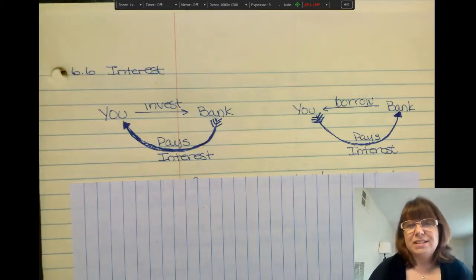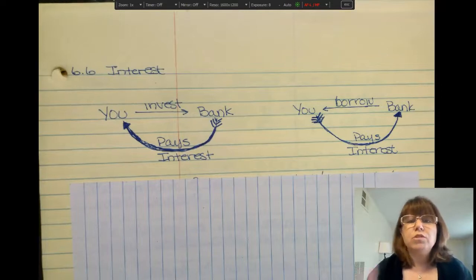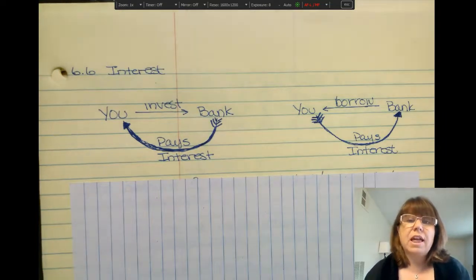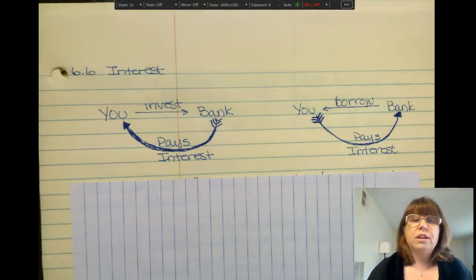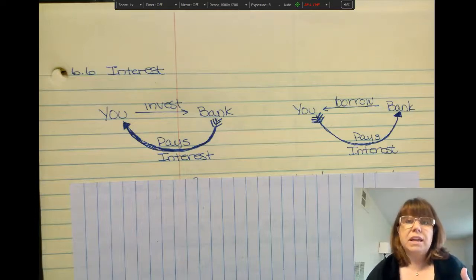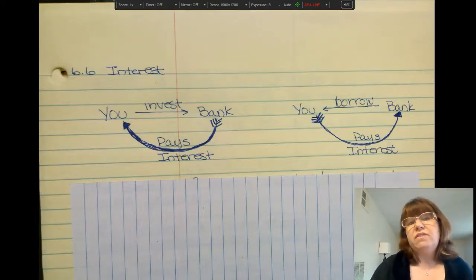Lecture 6.6, interest. We're going to talk about two types of interest, simple interest and then compound interest. So first, what is interest? Well, interest is the fee that either you pay or somebody pays you for the use of money. If you allow somebody the use of your money, they will in turn pay you a fee for the use of that money. If you use somebody else's money, then they want you to pay a fee for using their